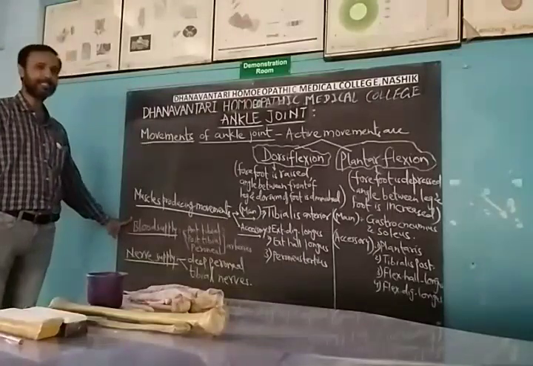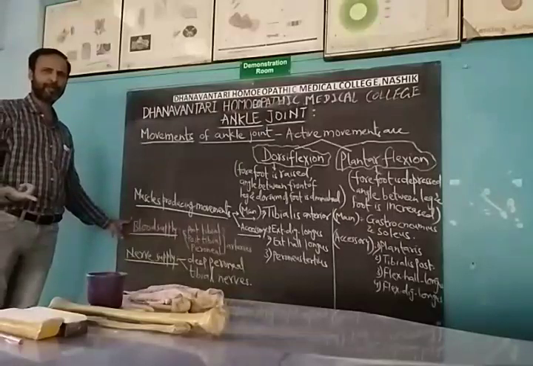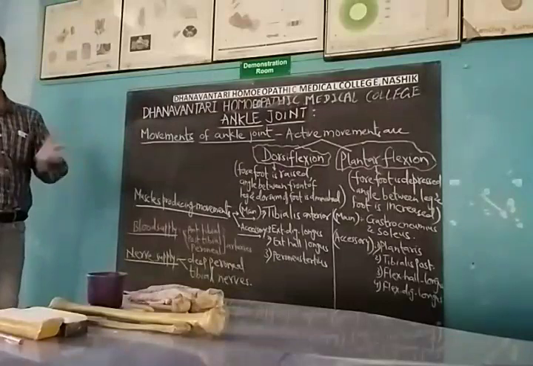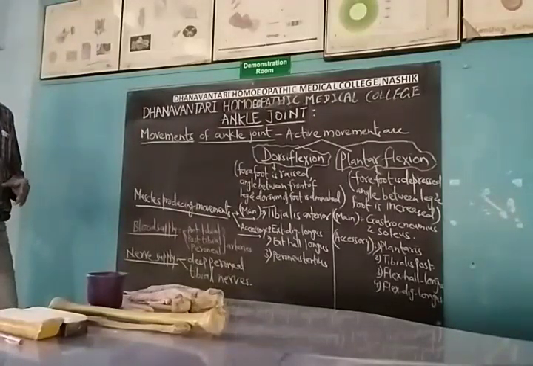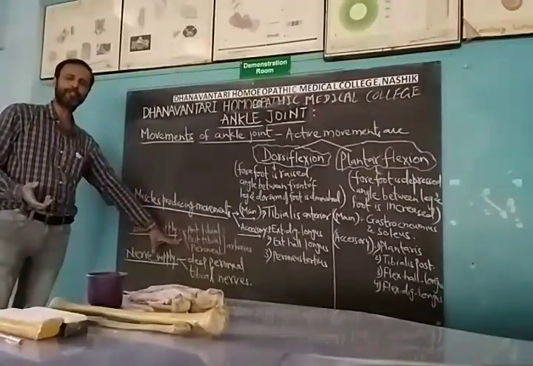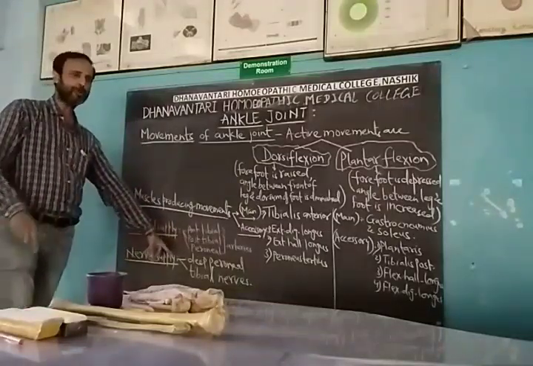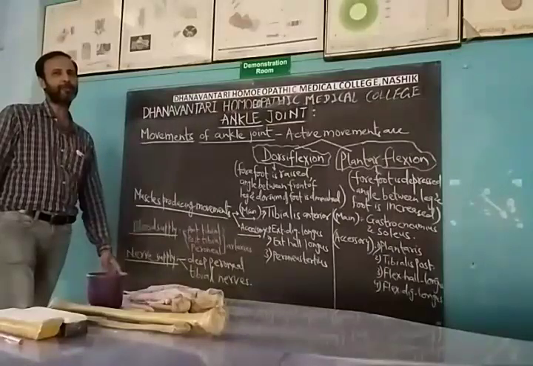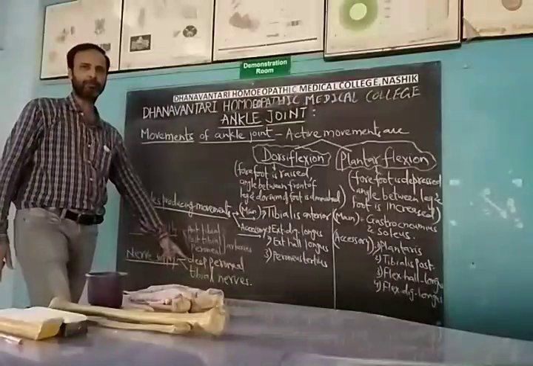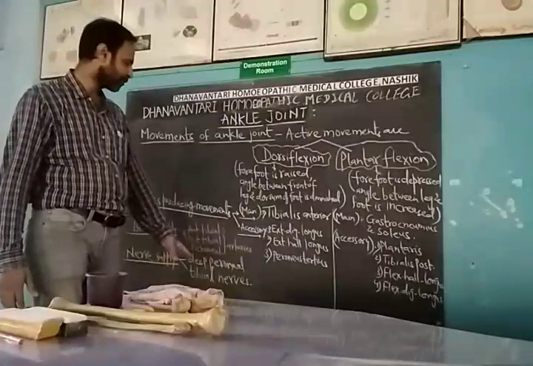Now after that we'll see the blood supply. The main vessels involved are the anterior tibial, posterior tibial, and the peroneal arteries. These arteries form the anastomosis, and that supplies the ankle joint. So very simple, all we have to mention is the anterior tibial, posterior tibial, and the peroneal arteries. Nerve supply to this joint is the deep peroneal nerve and the tibial nerve, a branch from the sciatic. Clear. So the tibial nerve and the deep peroneal nerve supply the ankle joint.